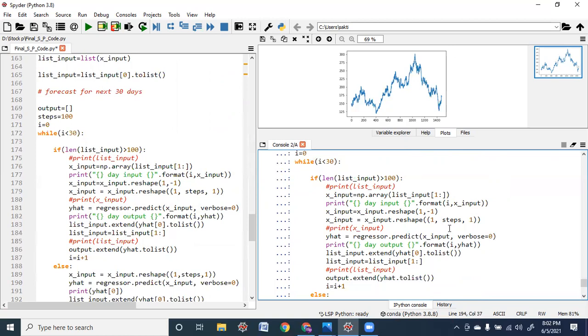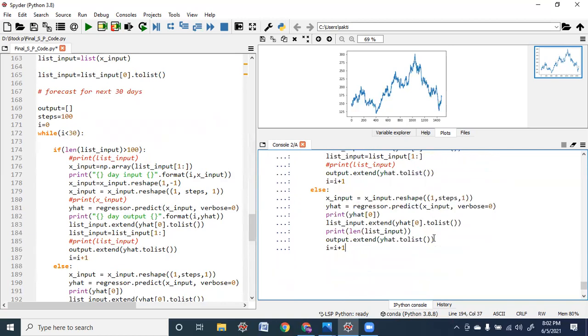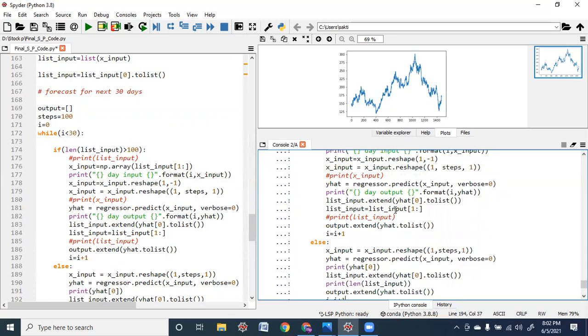But in order to carry out the task, the list input, as we have already considered for the else part, the first record should be ignored. So from the next record onwards, until the 101 records, it will carry out, and it will be checked out for 30 days. The same logic we are applying, we are predicting it, and adding it to the existing list_input. The same way we are also appending the Hoyt to the output as well.